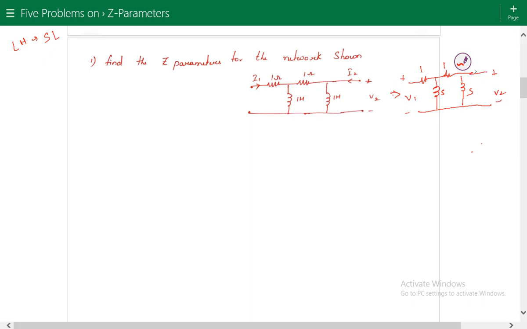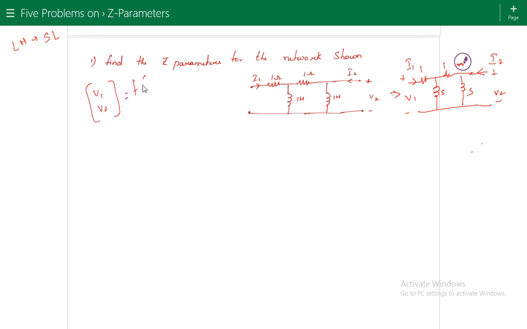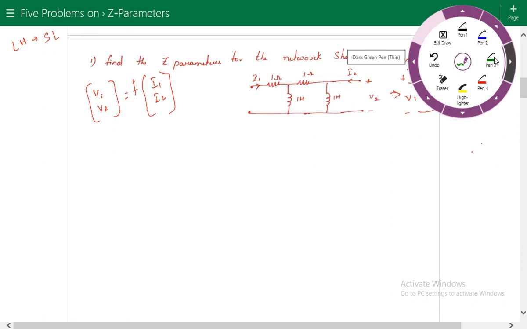Here we have to consider that both currents I1 and I2 are entering the network. As we know, in Z parameters we write V1 and V2 as a function of I1 and I2. So there is no need to open or short any terminals. To find the value of V1 and V2 for this network, I will